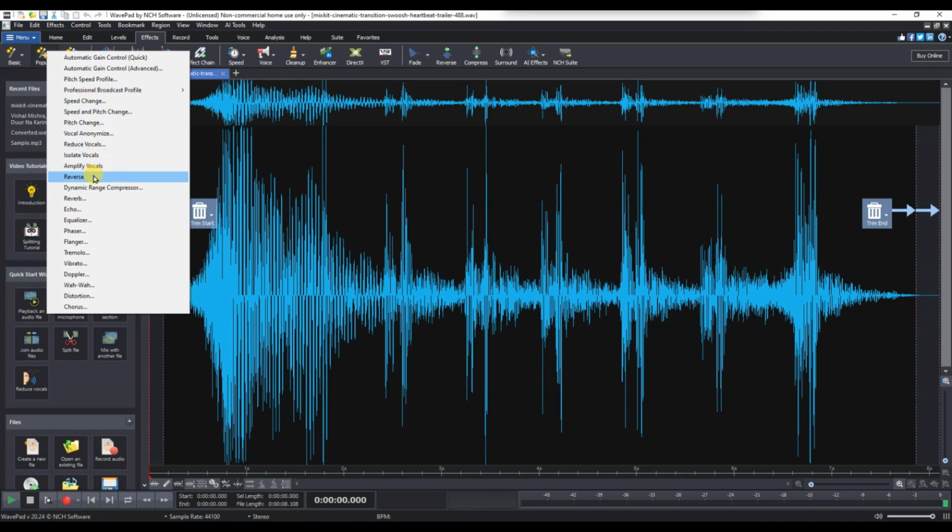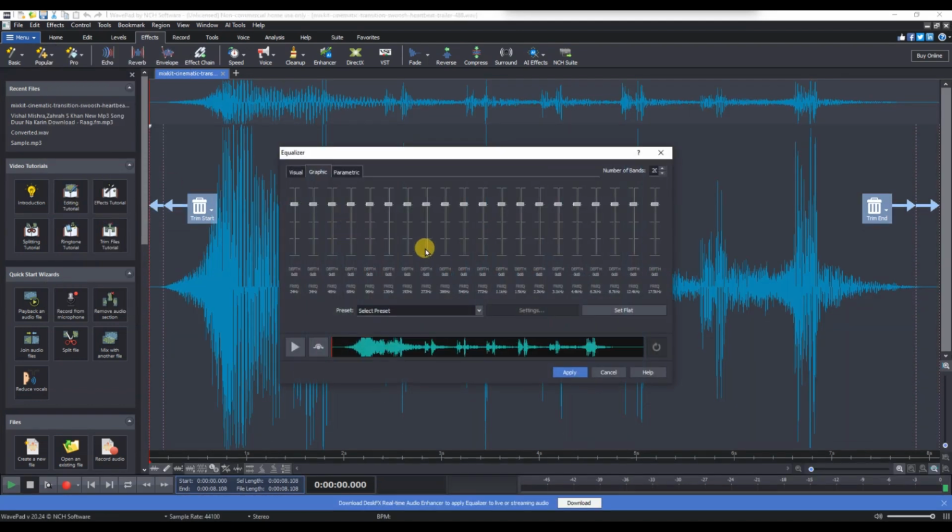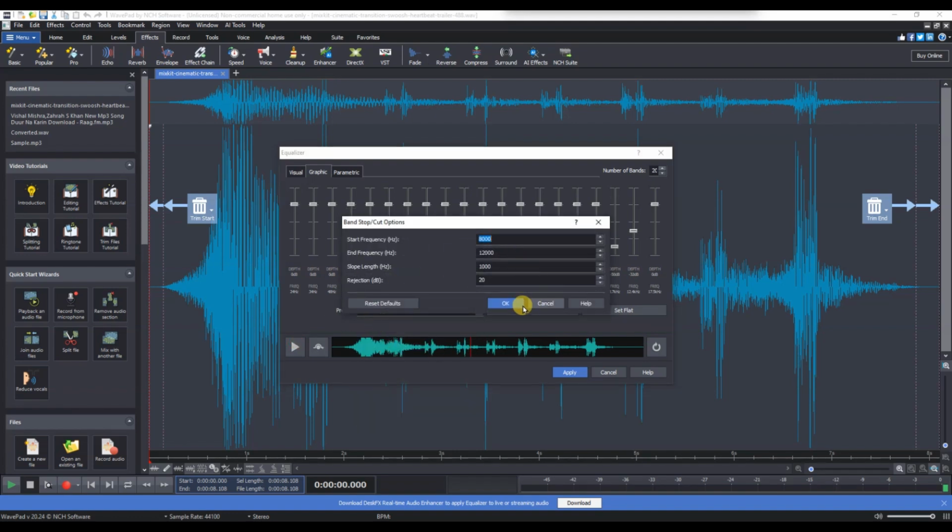For example, if you choose Equalizer, a new window will open where you can adjust different frequency bands to enhance or reduce certain sounds. After selecting your filter, adjust the settings according to your preference. You can preview the changes by clicking on the preview button to hear how your audio will sound with the applied filter. Once you are satisfied with the effect, click Apply to add the filter to your entire audio track